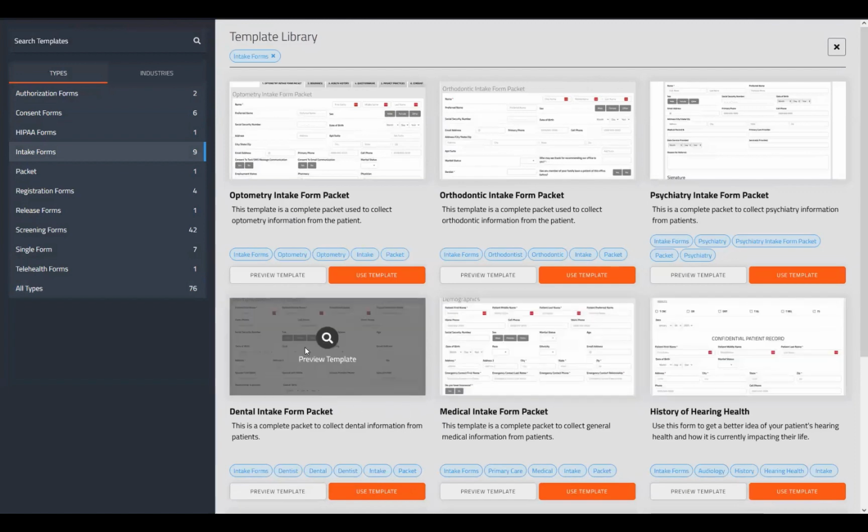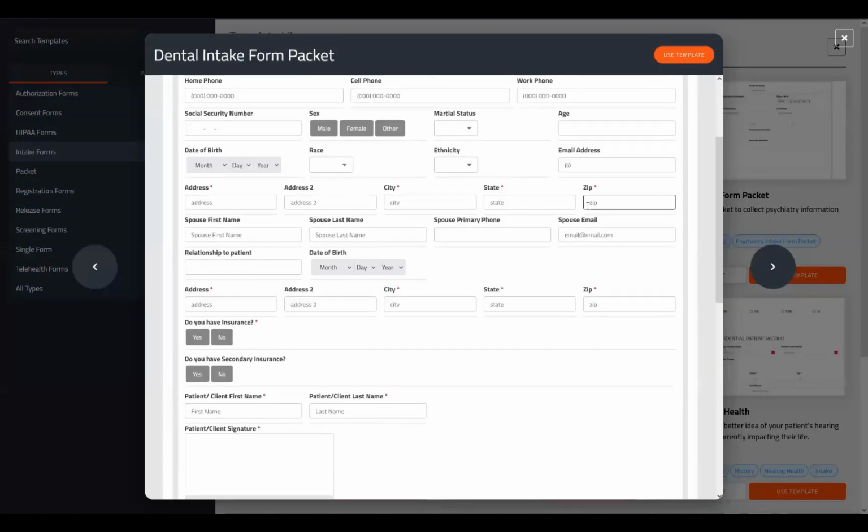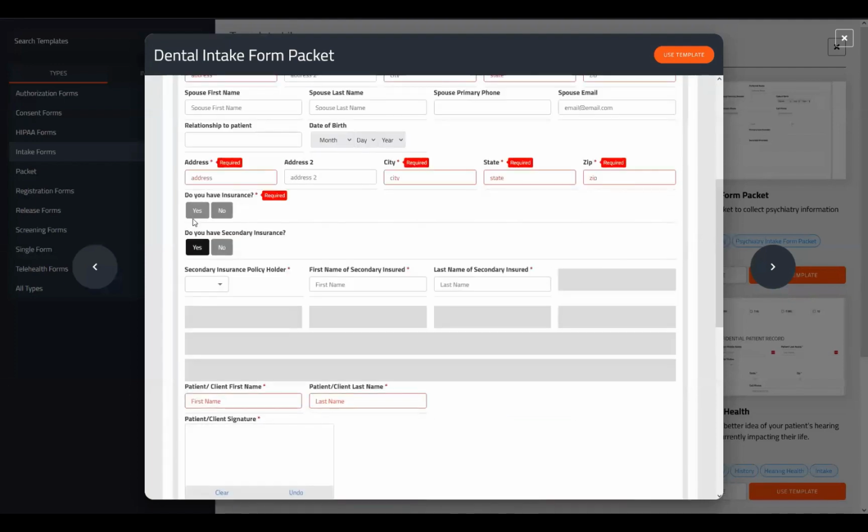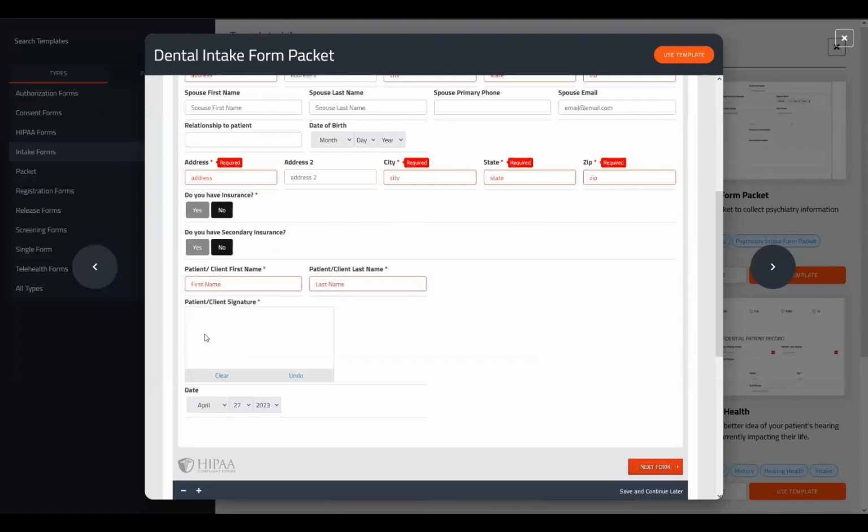This can often be a nice way to get a head start, to just place something that's already structured down for you. And whenever you do click on that image, it'll take you to a live preview of the form. So if you have anything that's required that you click past, it will let you know. And then of course, any conditional information can be tested as well. So you can get a feel for how the patient's going to use